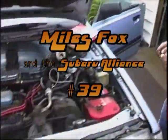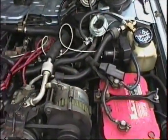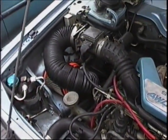Awesome, bugs. So what do we got going on here? Dumping too much fuel still. Oh yeah? You running rich or something? Yeah, shooting the black smoke out. I was thinking the pressure regulator was bad, but...